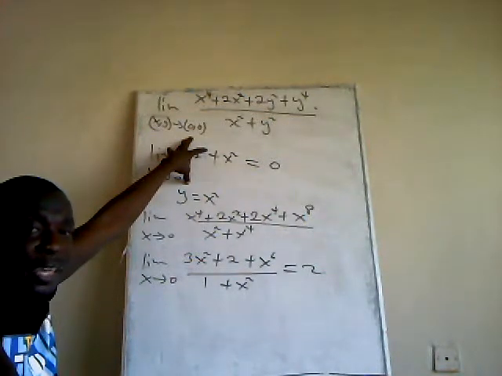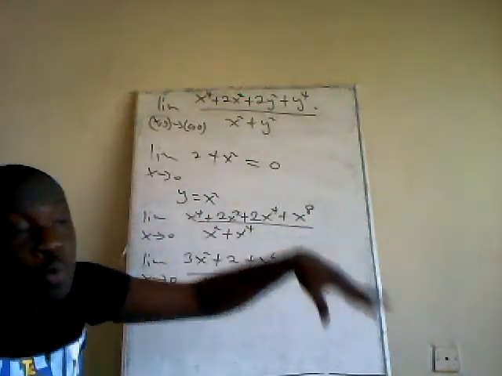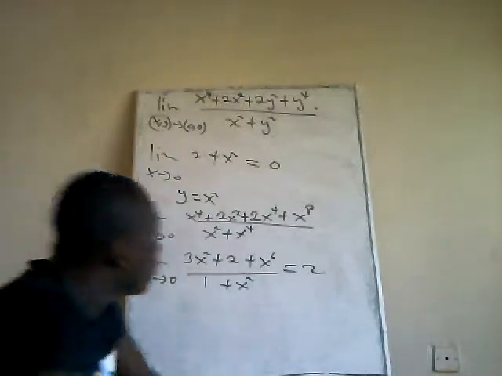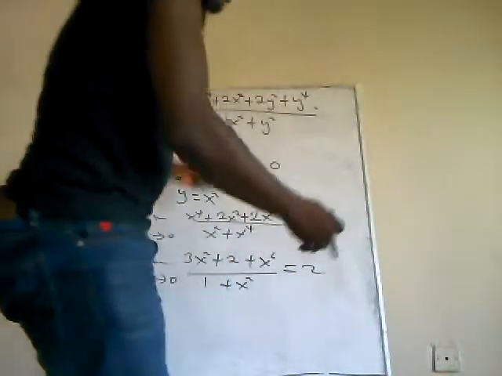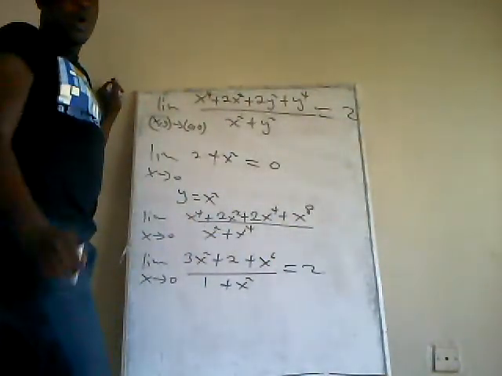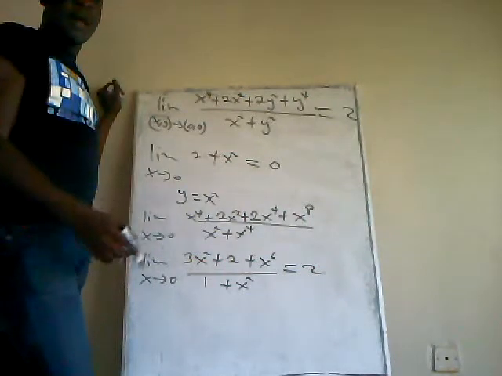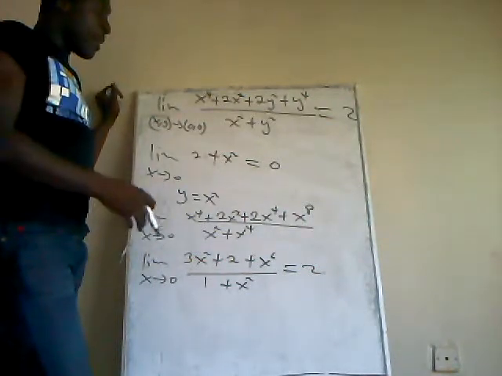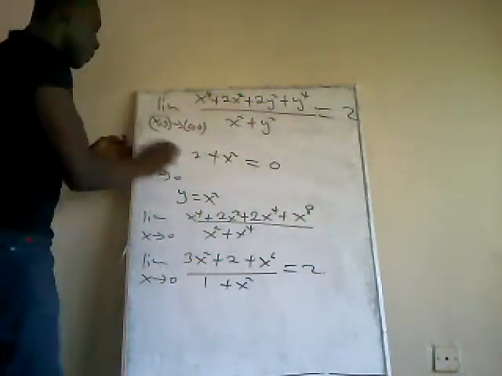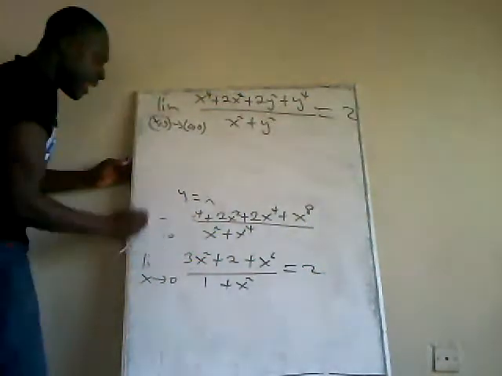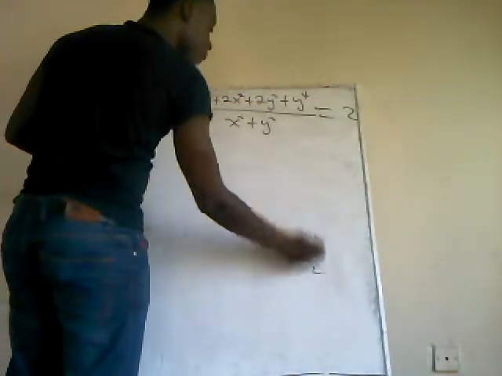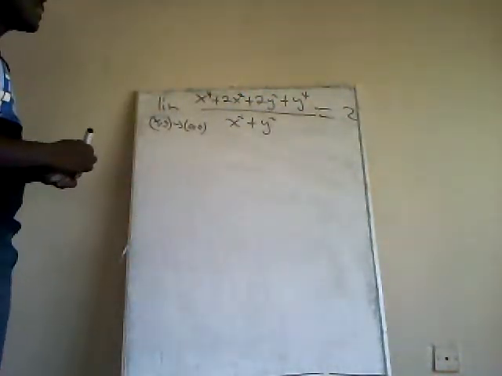When I check and I'm getting the same answer, I can't even conclude that the limit exists, and in this case, the limit is 2. From the accumulation point theory, it looks like the limit is 2. But we can't conclude unless we use the epsilon delta definition to verify that the limit actually exists and is 2. So let's look at how to use the epsilon delta definition to verify. Now, we are claiming that the limit exists and is 2,